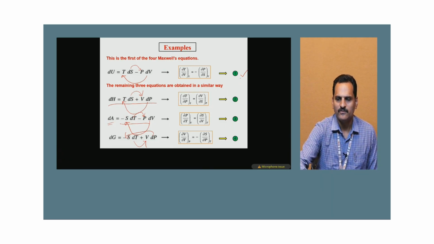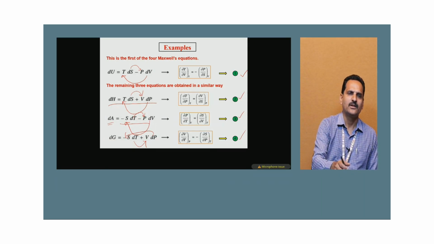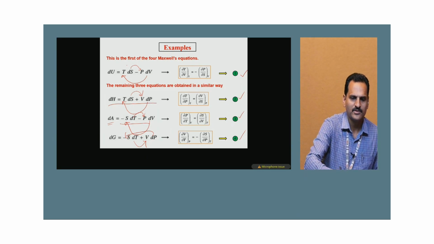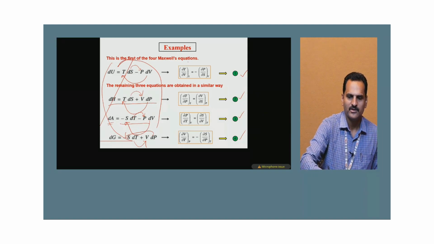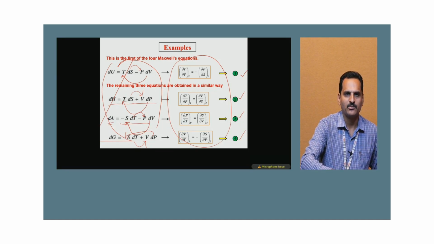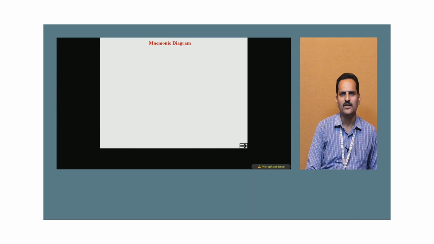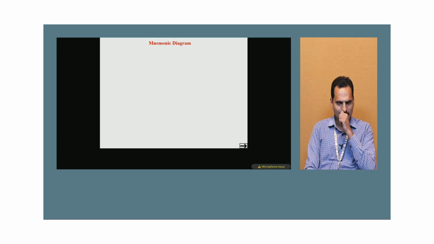So these are the first, second, third and fourth Maxwell equations. These four Maxwell equations are the partial differential forms of the fundamental property equations. The left hand side equations are called fundamental property equations, and the right hand side equations are called Maxwell equations. The differential form equations are called fundamental property equations, and the partial differential form equations are called Maxwell equations. So, easy way we can